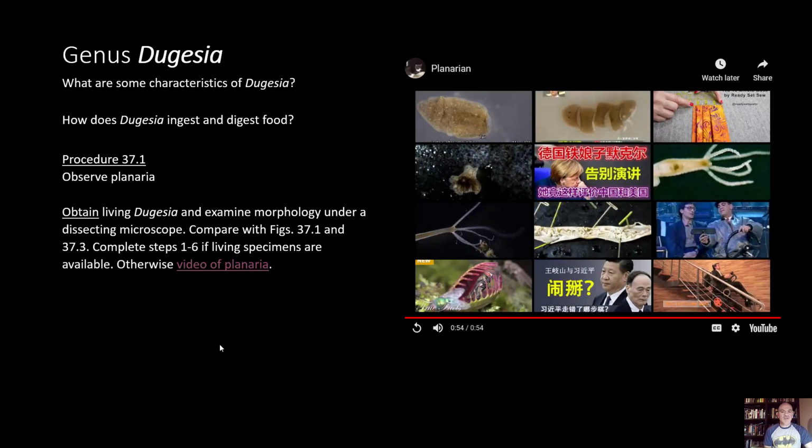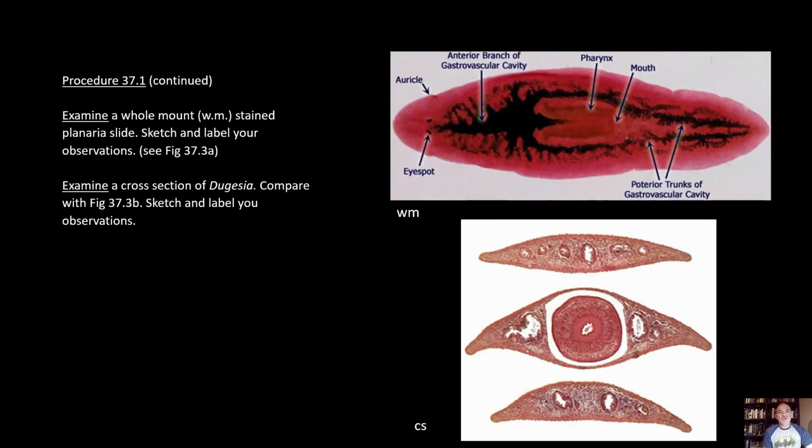So pretty neat video, watching the live Planaria. That's the next best thing to being in the laboratory and actually having a specimen to watch, which would be pretty cool actually if we could do that right now. So continuing with that procedure, after observing the live Planaria, or individual Dugesia,